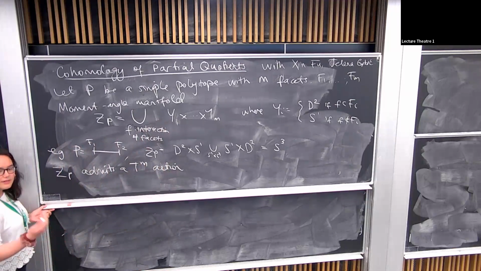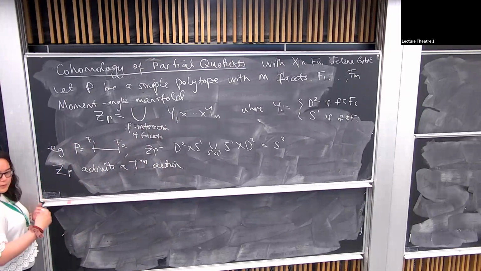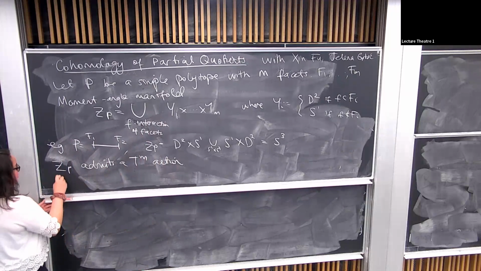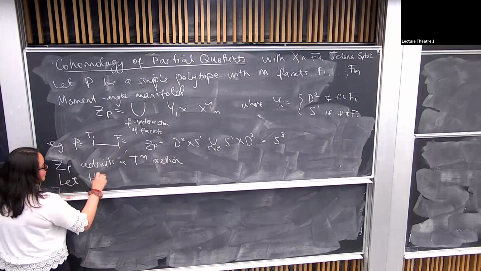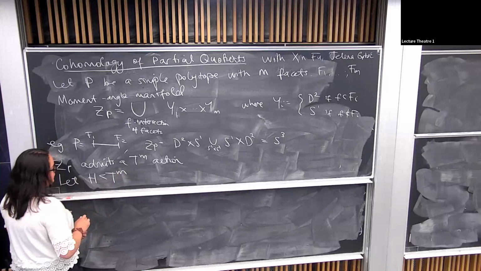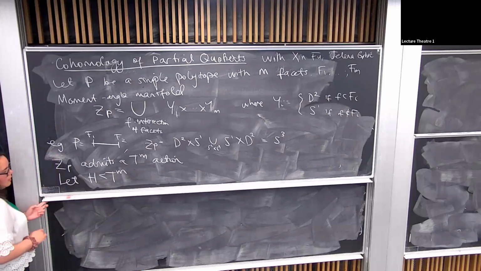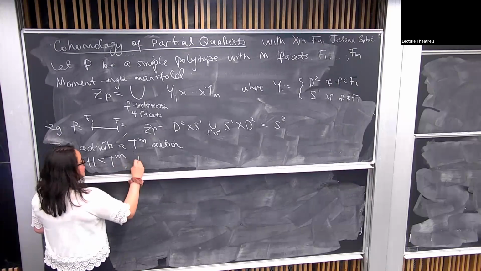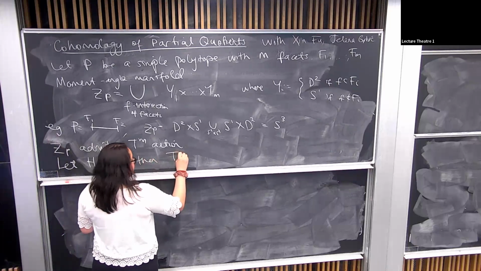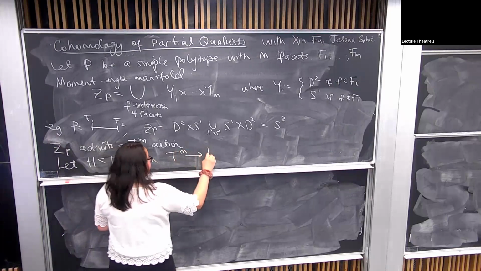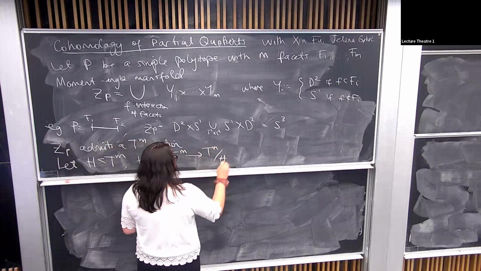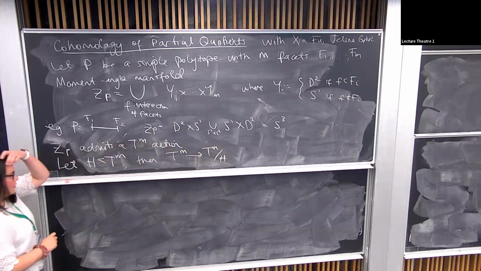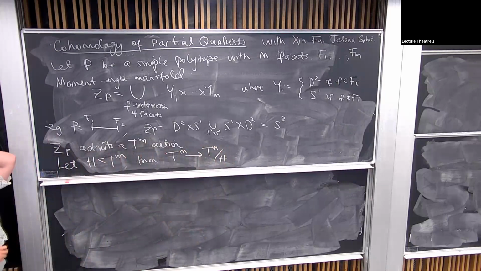But we can consider a subgroup of this T^m. So let's say let H be a subgroup of T^m. Then we have a quotient map, T^m going to T^m quotiented by H. And then this will induce a map,